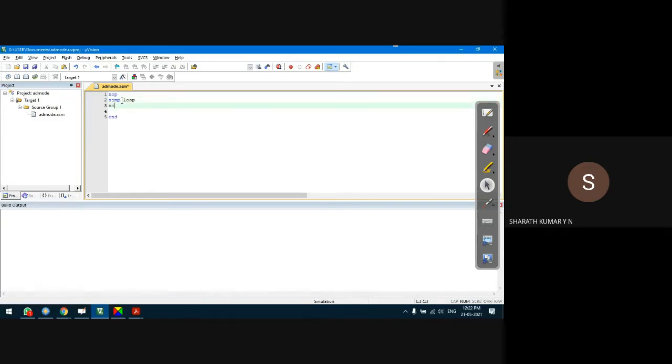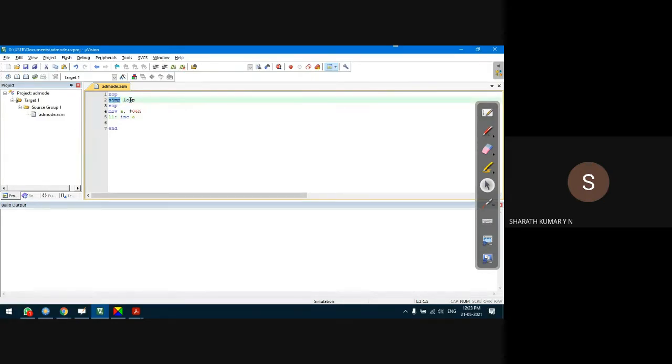Let us take one more instruction, NOP, or let us say MOV A, #068, for example. Here, let us do INC A, something like that. This is a very simple program, just to understand the function of SJMP.